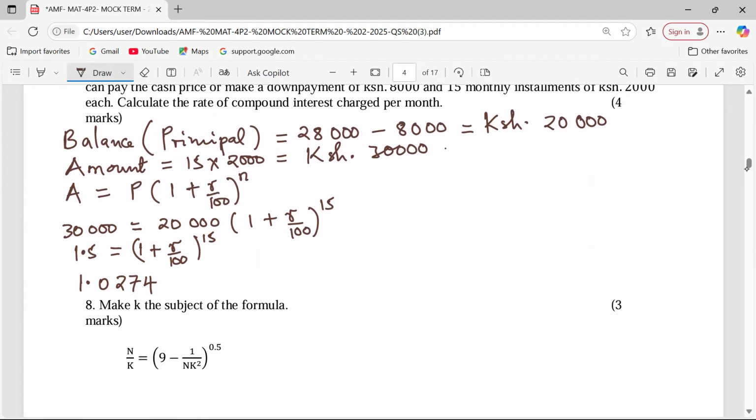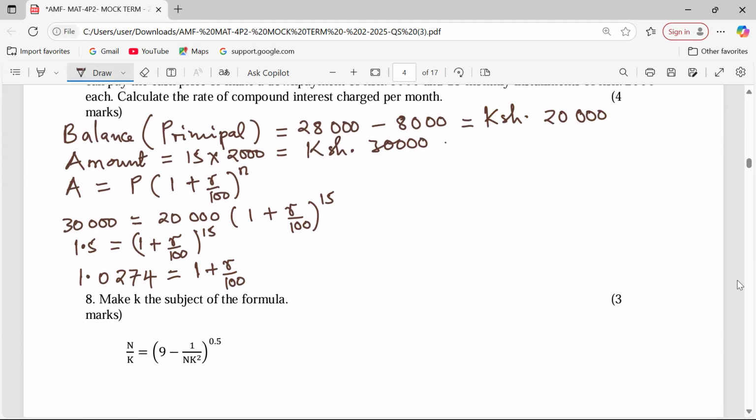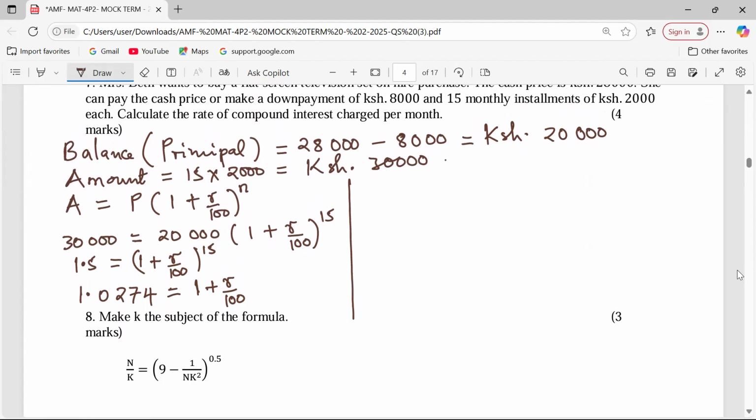Yeah, to 4 significant figures. And this is equivalent now to 1 plus the rate over 100. Remember, it was raised to power 15, and we have now obtained the 15th root to cancel power 15 on both sides. So at this point, allow me to say that R over 100 equals, we subtract 1 from both sides,